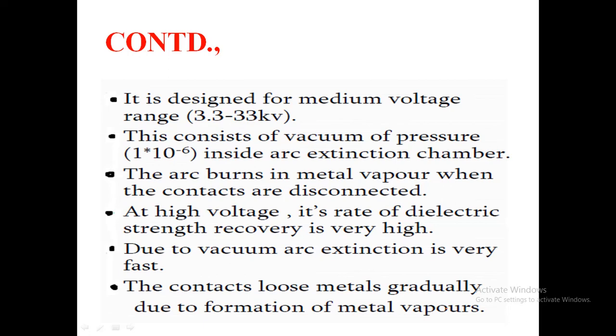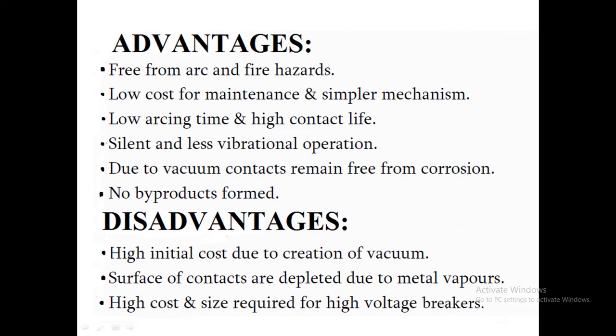So this is the working and construction of the vacuum circuit breaker, and there are some advantages and disadvantages also. It is compact in size and has a longer life, no fire hazards, no generation of gas during and after operation, no restrictions on interruption of fault current, and it requires less maintenance and is quiet in operation, with low arc energy and low inertia, and small power is required for the contact mechanism.